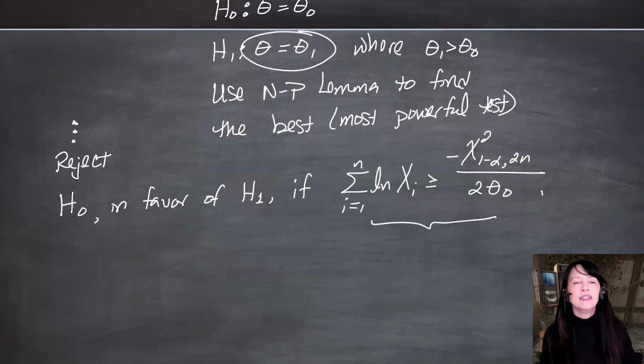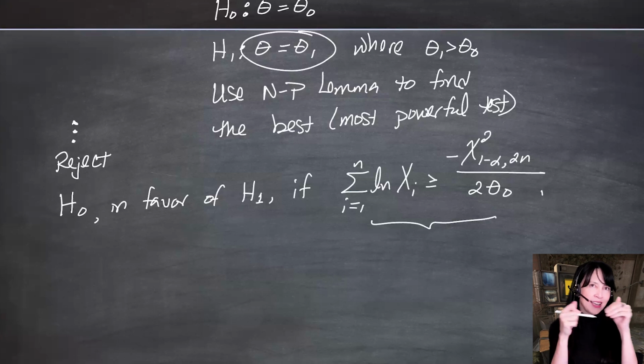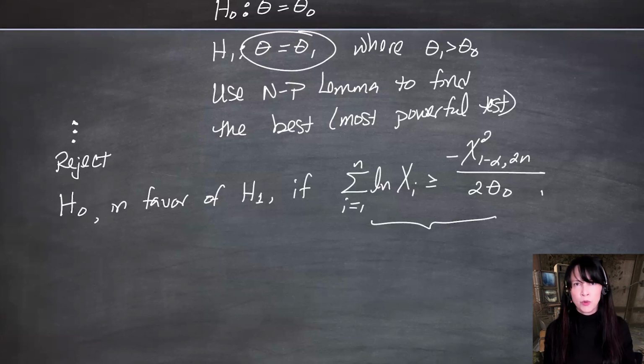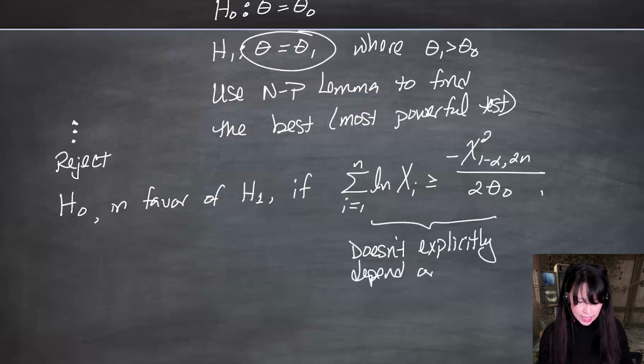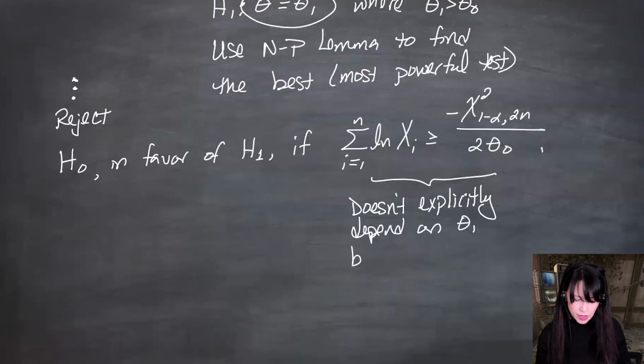Now look at this test. There's no theta 1 in there. You could have stopped with any of the other constants, K, K1, K2, K3, but our ultimate test here, the recipe we're giving to the people with the data, is you take your data, take the log of everything and sum them up and reject the null hypothesis if that sum is greater than this number, and nothing about this rule involves theta 1. So this doesn't explicitly depend on theta 1,